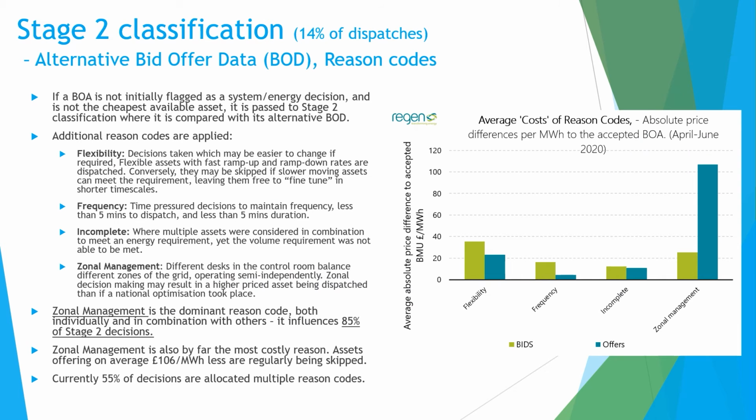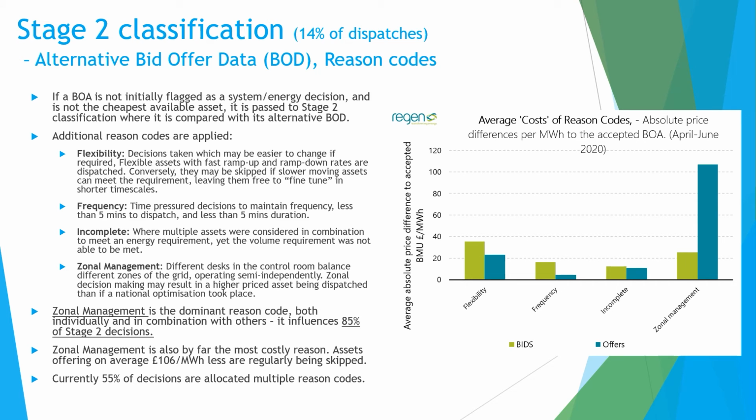Okay, so stage 2 classification. Now this is that 14% of dispatches where we have a comparison with an alternative action. So it wasn't given a system or an energy flag, and it wasn't the cheapest action available, so it's given a second look. And so we have some additional rationale, some extra reason codes which are applied. We have flexibility, so this is a decision which may be easier to change if required. So a flexible asset with a fast ramp up or ramp down rate may be dispatched,